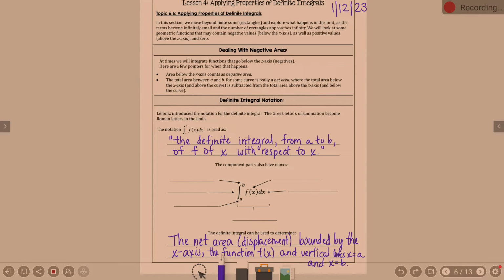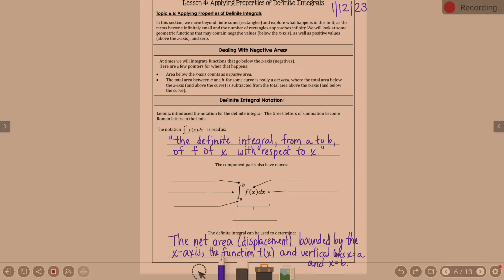6.4, we really dig into the properties of the definite integrals. Basically what you can and can't do. As I said, we're going to be looking at applying some of the properties, how we can add, whether we can add, subtract, those types of things, whether they can break up, whether we can multiply,